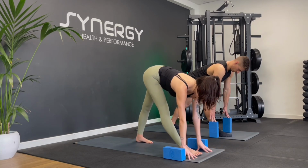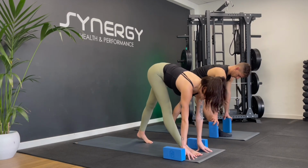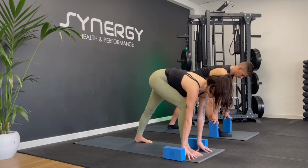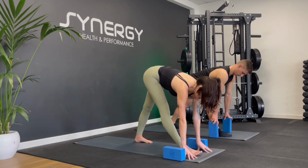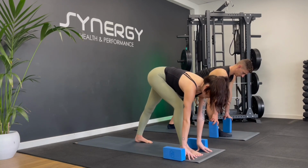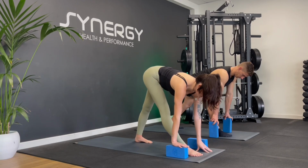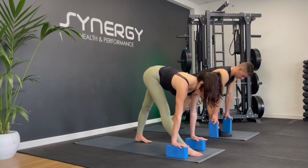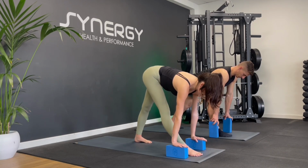And if it is super tight, you can add a little bit of a gentle sway forwards and back, or maybe adding a gentle bend into that front knee, as the hamstrings can be quite a tender place. And whenever we come into our stretches, just be mindful of how the breath is feeling, especially in those areas that are particularly tight. Just begin to deepen the breath